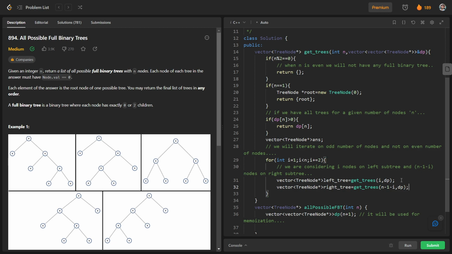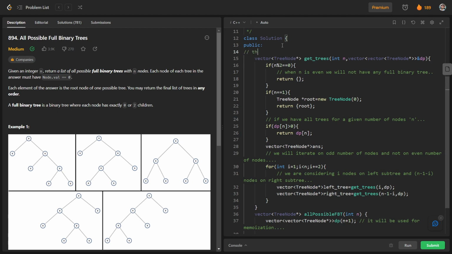So basically this function is returning all the trees for n number of nodes. So I will write here,